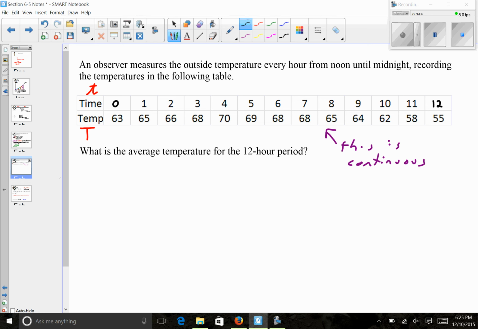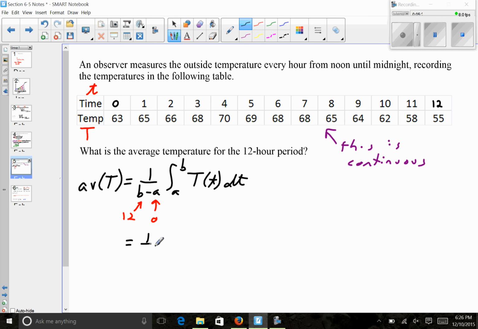So we're going to be finding the average value of the temperature, which will be 1 over b minus a times the integral from a to b of the temperature with respect to time. Whoops, completely missed the first part of it. Well, we know that a is going to be 0. We know that b is 12. So that would give me 1 over 12 times the integral from 0 to 12 of my temperature function,